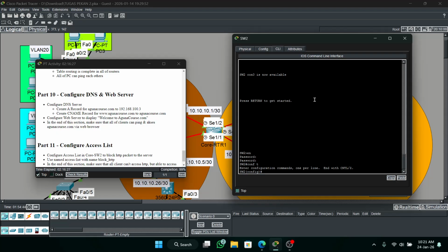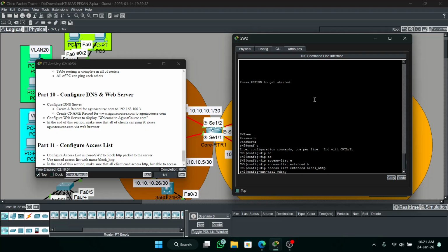After that, IP access-list extended block HTTP, and you can type block HTTP like this.